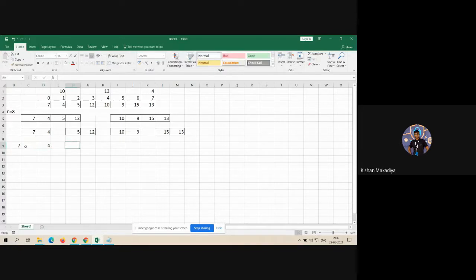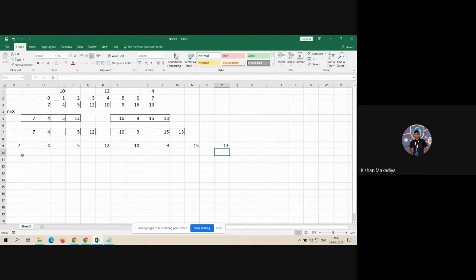We get 7, 4, 5, 12, and 10, 9, 15, and 13. If it is 1 element, then stop. So in the first step we just divide the elements up to 1 element. It can be any number of elements, n equal to 1000 or 1 lakh. Just keep dividing by 2 until you get n equal to 1 element.